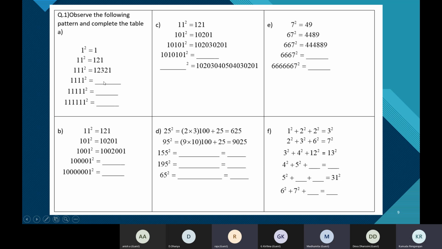Ma'am, 1, 2, 3, 4, 3, 2, 1. So the numbers generated must be palindromic numbers. And how do you know it should be 1, 2, 3, 4 and then 3 to 1? Why not 1, 2, 3, 4, 5 and then 4, 3 to 1 here? Ma'am, because the number of ones will be the numbers. Because if we are having 3 ones in the last one, we are having 3 as the middle number.